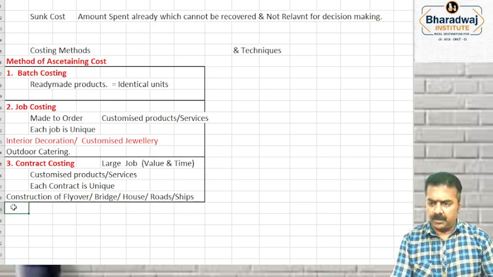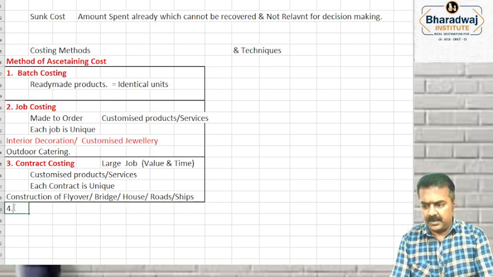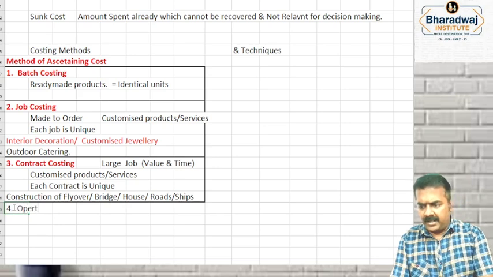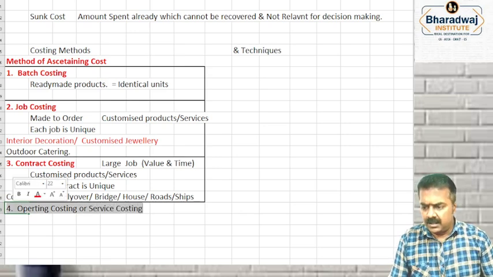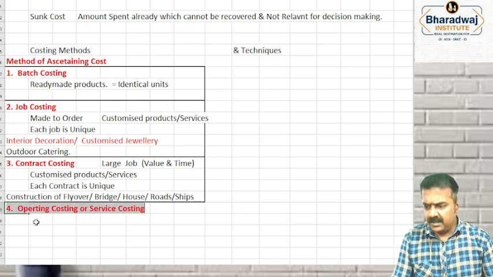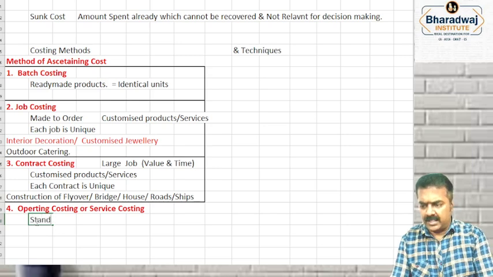Wait, I'll give you time to copy. I'll complete this, then I'll give you time to copy. Then operating costing or service costing. What is it? Operating costing or which costing? Service costing. Simple. This is followed by standardized